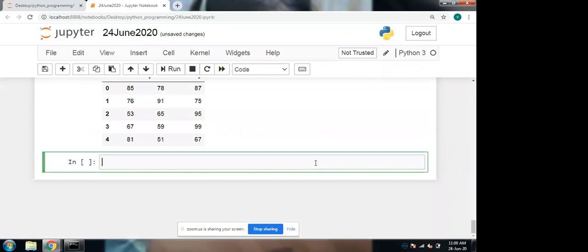So, a light description on the data analysis. Yes, ma'am. Description in the sense, I told you previously about the example.